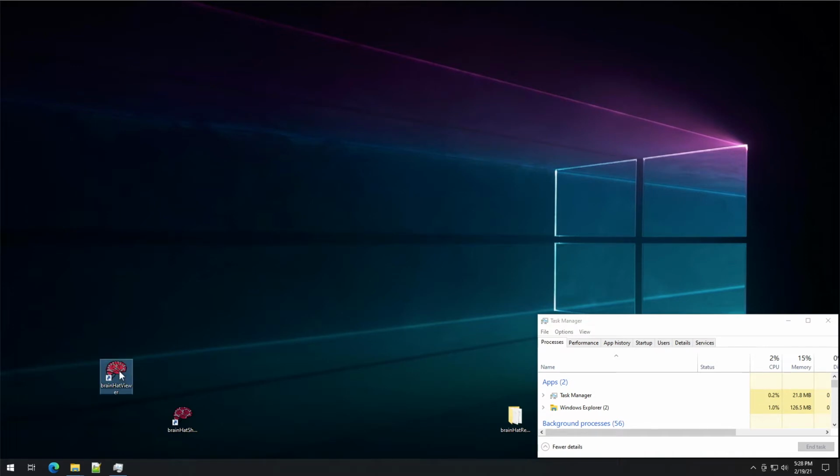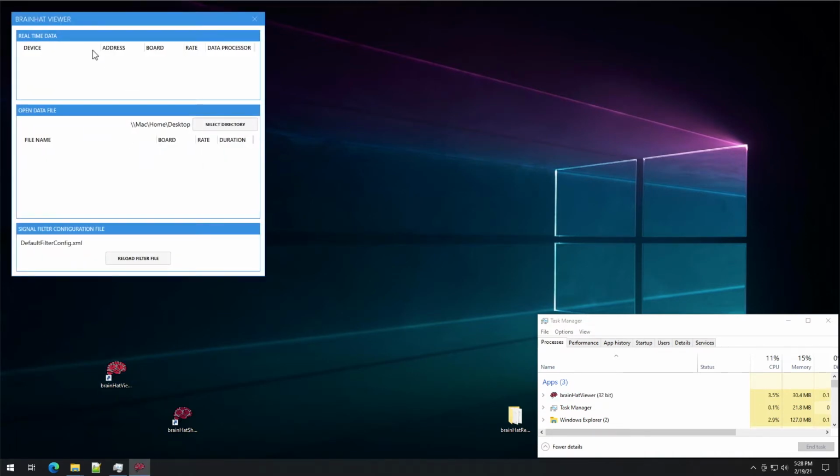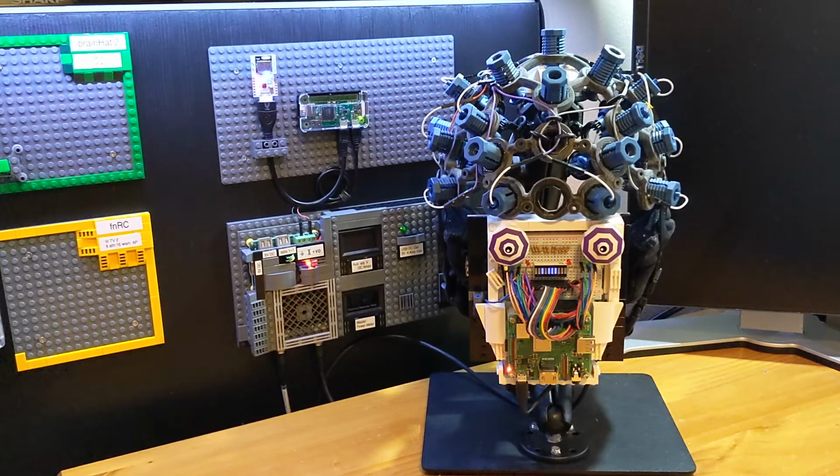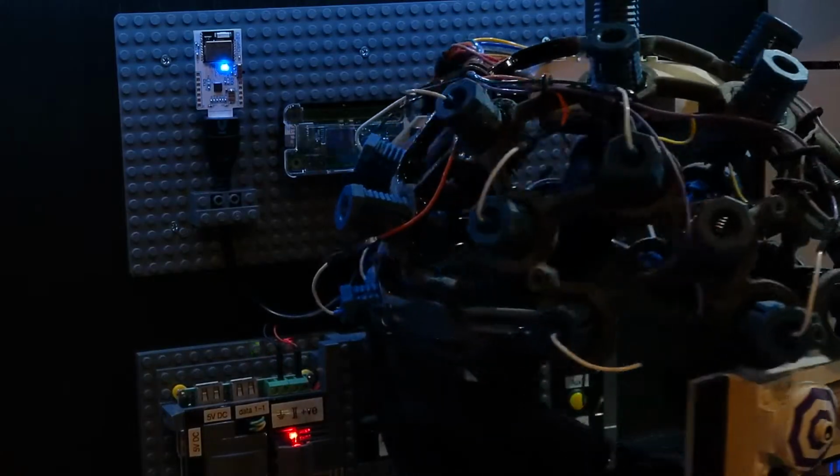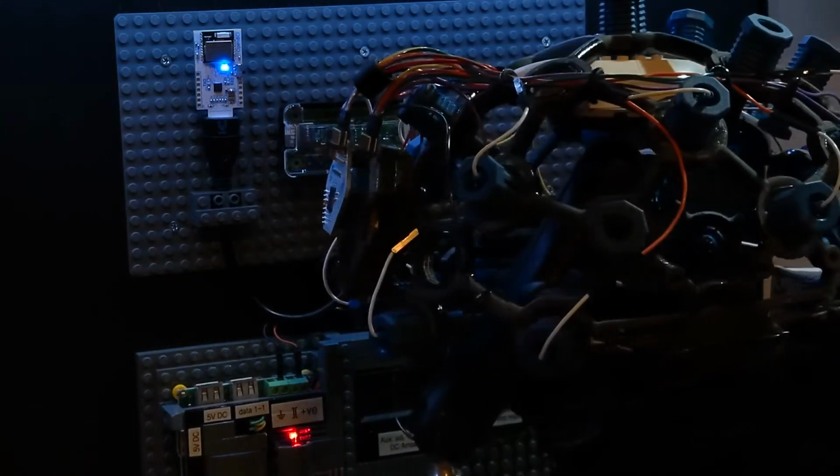This is the brainHatViewer application. It can be used to display and record data from OpenBCI Cyton biosensing boards. The brainHatViewer is used with the brainHat server, a program we wrote to enable easy plug-and-play Lab Streaming Layer broadcast